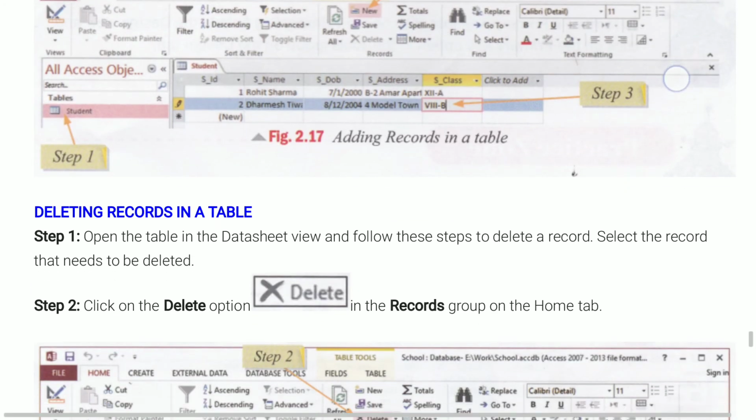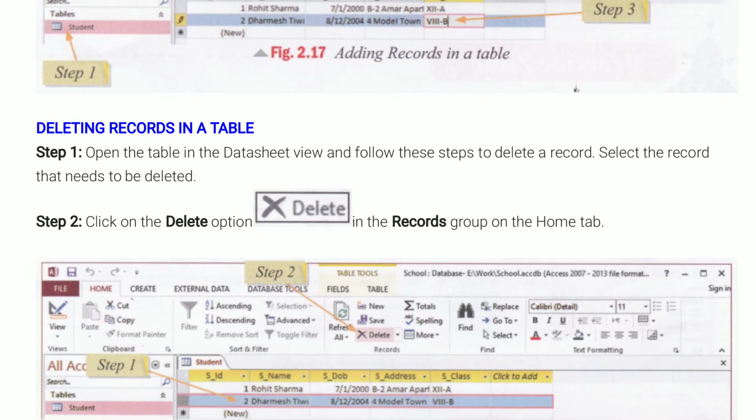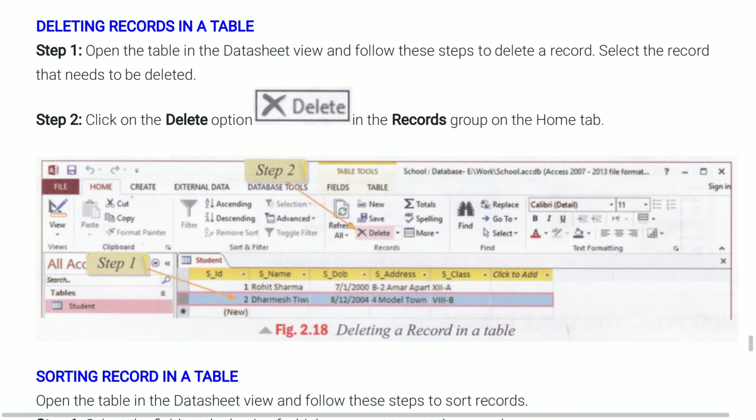Next point is deleting records in a table. Suppose we have entered the data in the table and we want to delete the complete record from the table, we can also do it. For this, we have to open the table in datasheet view and click on the delete option in the records group of the home tab.